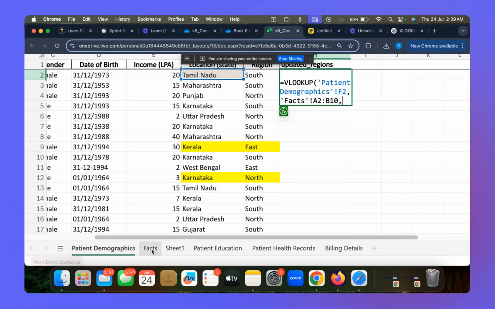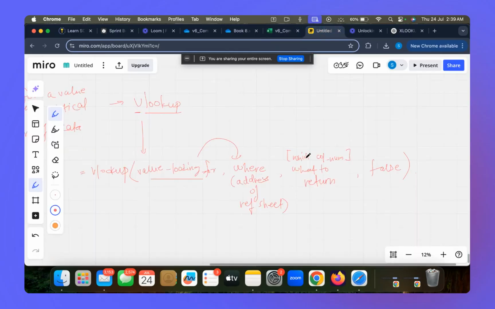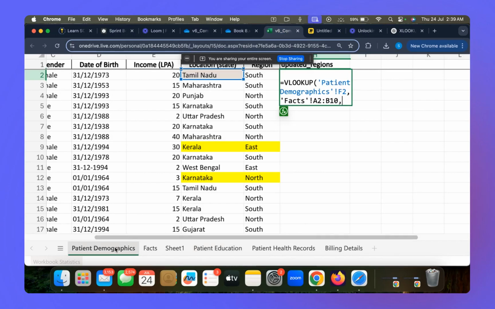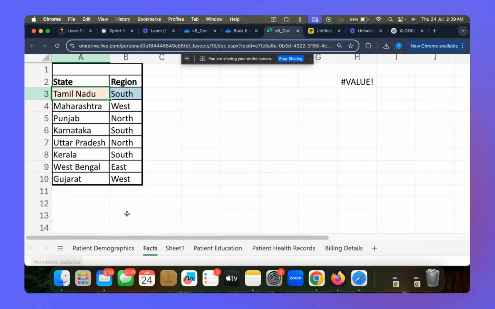In order to know what you want to return in the formula, if you remember, I mentioned which column number. I'm not saying the column name, I'm saying the number, which means in the VLOOKUP, when you have to define which column to return, you'll have to count that column number. You'll have to take a count of it. So let's say I found this Tamil Nadu, this F2 value in my current address. I found it at the third row.